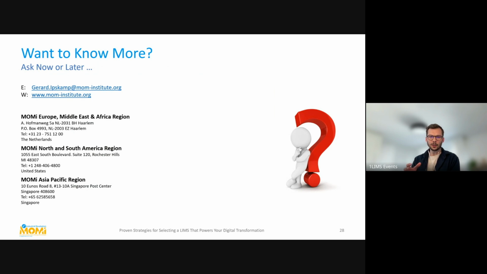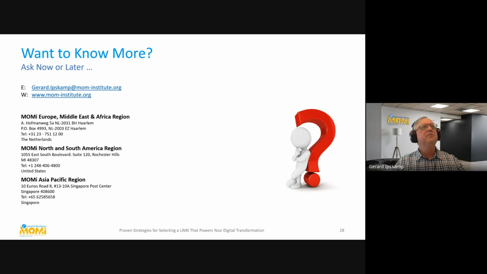Is there something similar if you want to move from paper and Excel to a LIMS, or want to move from an existing LIMS to another one? That's a good question. The same answer. If the maturity in paper and Excel is high, then it's the same as going from another system. But if your paper and Excel is also not so mature, we need more time to discuss what the to-be process is. So that's then the time-consuming activity as such.